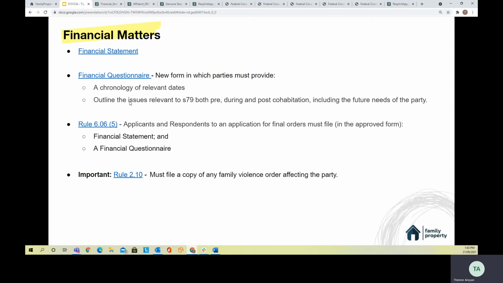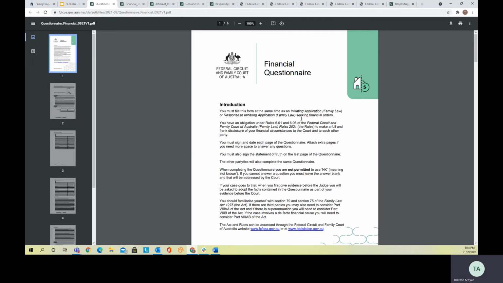It's very important to note that in financial matters, there is now a rule, Rule 2.10, which sets out that parties must file a copy of any family violence order that affects a party. The financial questionnaire is a new form that parties must provide information, including a chronology of relevant dates. And if we open this,